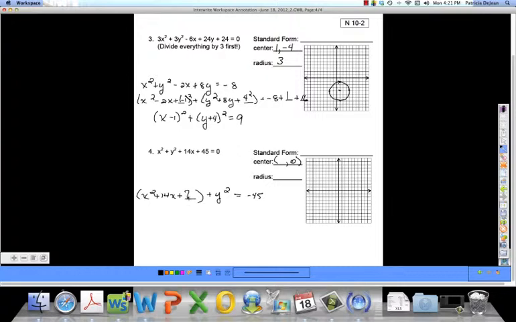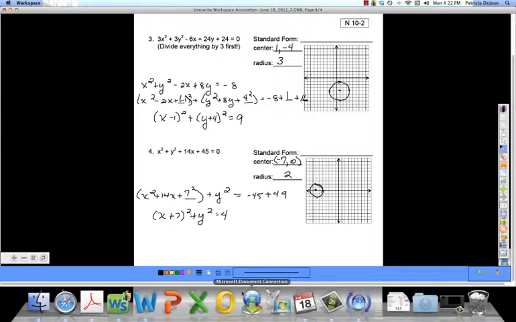Okay, we still have to complete the square, but this time we just have to do it once. 14 divided by 2 is 7, so 7 squared goes in that blank, so that means we're going to add 49 on the right. And so our final standard form is going to be x plus 7 squared plus y squared is equal to 4. So our center is negative 7, 0, and we have a radius of 2. So you go here to negative 7 and 0, and it's a little small circle with only a radius of 2. And so there's your